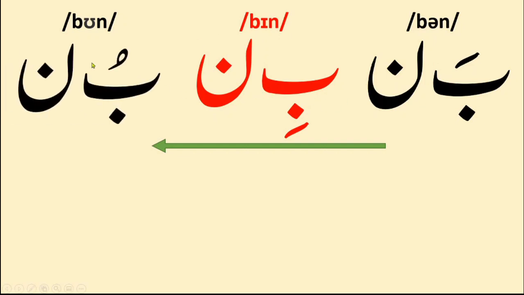Now we want to write bun. That's b, that's u, pesh, and bun. So ban, bin, bun. You write like this. You can't read it differently because all these are phonetic symbols. All these letters are phonetic in Urdu as well.